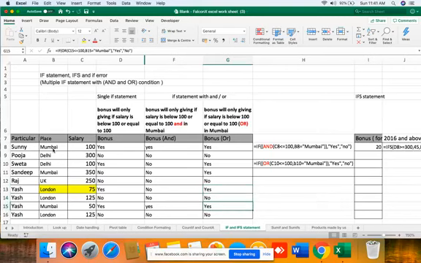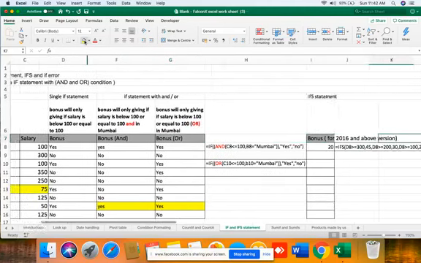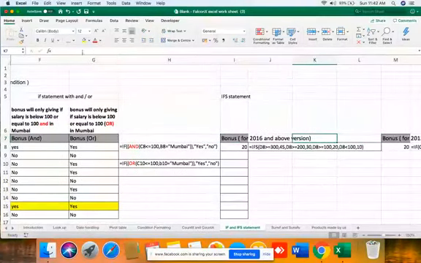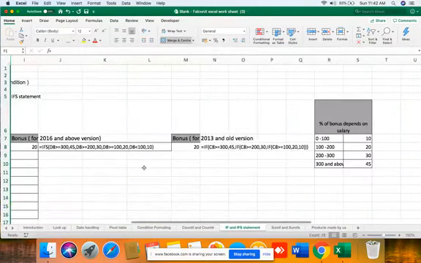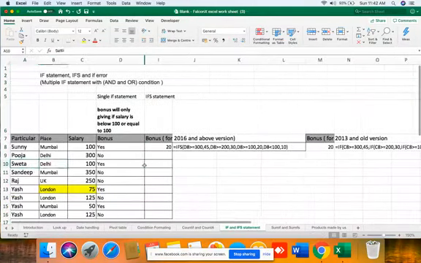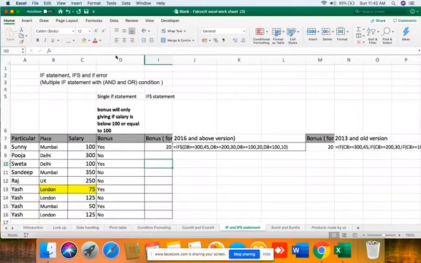Here both the conditions are fulfilled, that's why both are yes. So this is the magic of using AND and OR statements with IF statements. Now let's hide it so that you can understand properly.